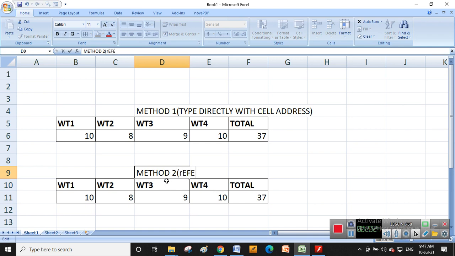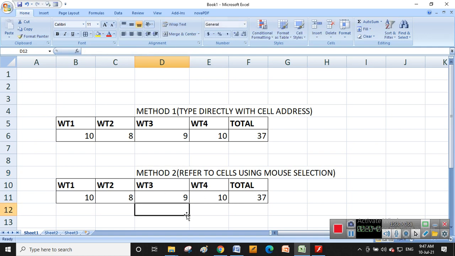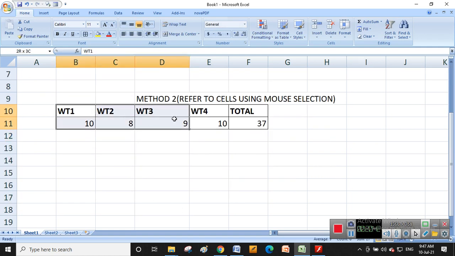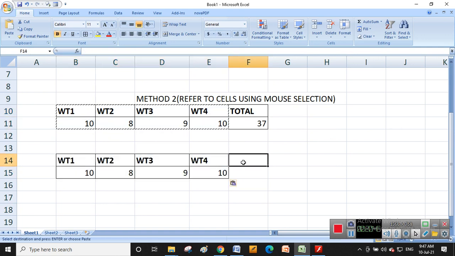You are referring to cells, sorry, using mouse selection. Yes or no? We are selecting with the mouse. Okay, it is method 2. These are all ways to enter your formulas. Last method. Okay, calculating the total.